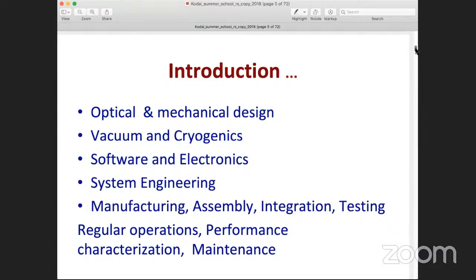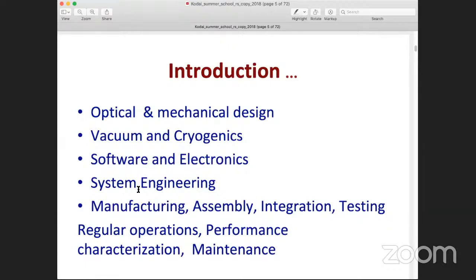Basically, we need to know optical and mechanical design, so this is optics and mechanics. And then modern astronomical instrumentation also demands vacuum and cryogenics technology. Vacuum is low pressure and cryogenics is very low temperatures. And then we also need software, which is an essential part of any astronomical system nowadays, and electronics, and the system engineering, which